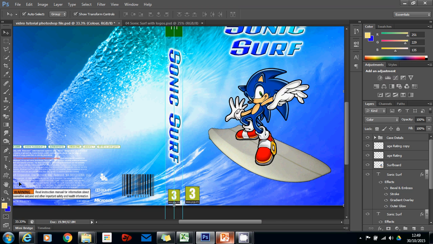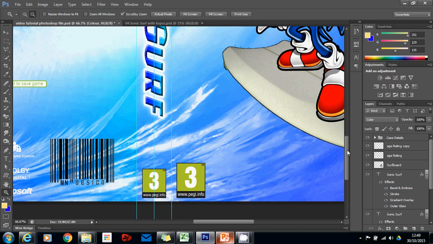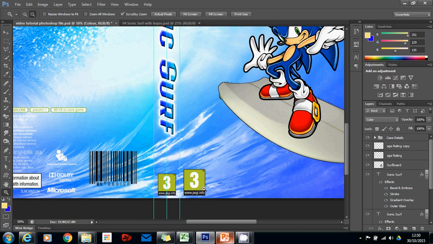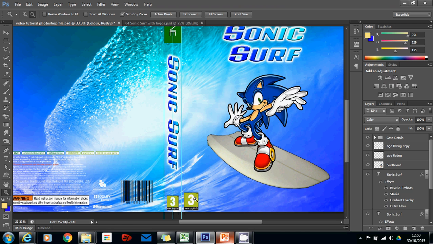Okay, next up is going to be to add in some of the logos that are required. In this case, the PEGI rating. Okay, the PEGI rating obviously advises how old you have to be in order to play the game. Now again, you'll need to think about your project, you'll need to think about your design brief, and who this game is actually aimed for. Okay, so for me, it needs to be a 3+ game because